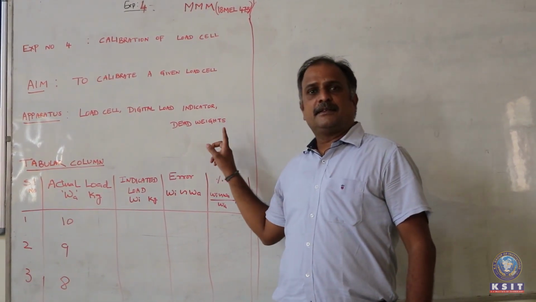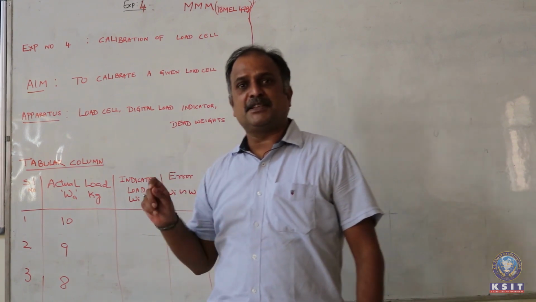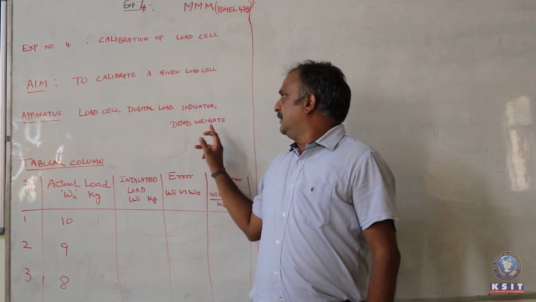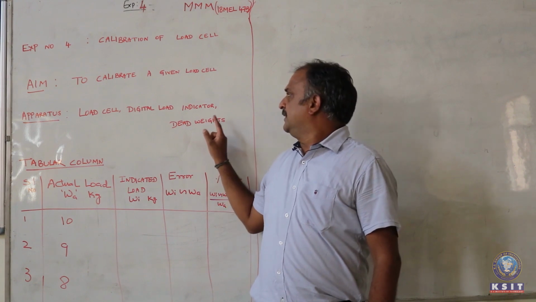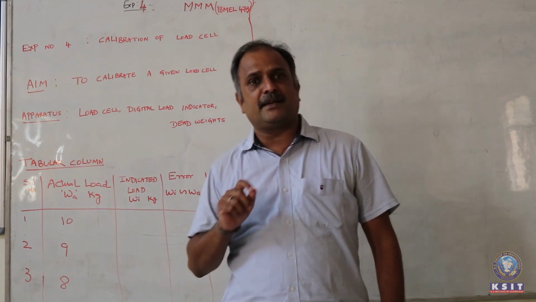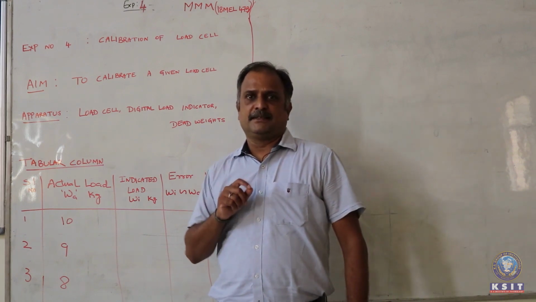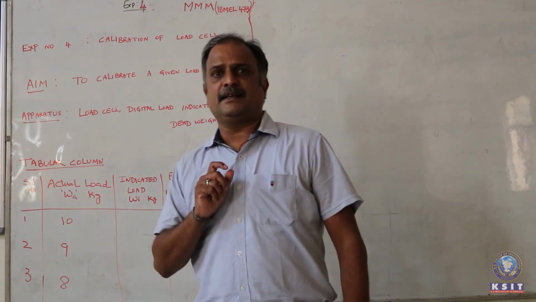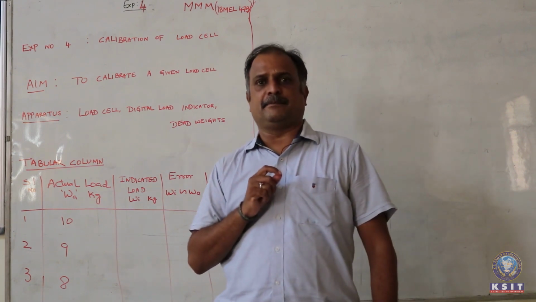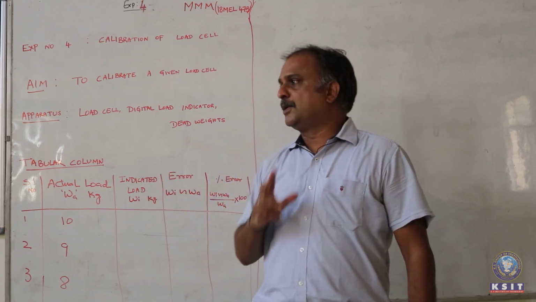Now, load cell has different applications that include weighing bridges, weighing machines; all electronic goods weighing parts will have a load cell. Now, we want to calibrate that. The load cell contains strain gauges which are mounted on the beam. When you add a load, the beam deflects. That deflection is sensed by the strain gauges mounted on the beam, and these strain gauges give the strain. That strain is then converted into load.